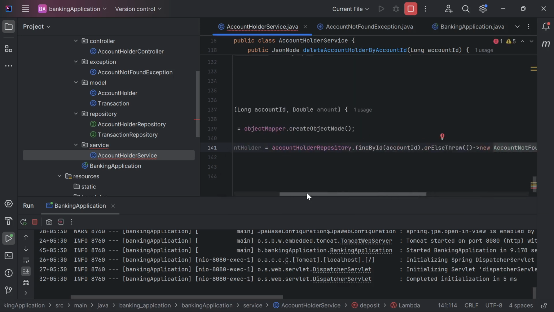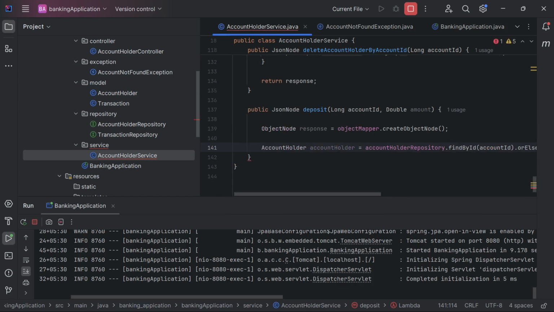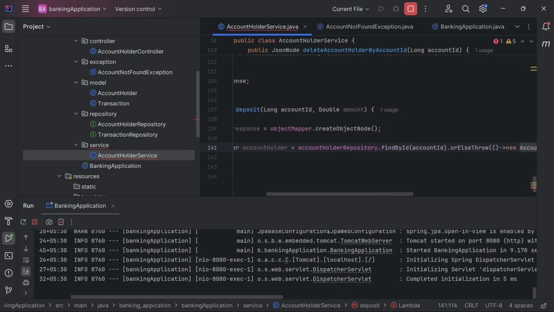Yes, finally it is. First, we are checking whether this account ID is valid or not. Suppose we are passing account ID 4, which does not exist in our database, it will throw an exception stating that the account ID is not found. And this way,